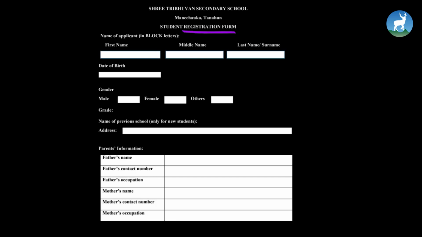Let's begin with the first part, and the first part is filling in the name of the applicant, and it should be done in block letters. Block letters means all the letters should be capital as it's shown here. Okay, here it's written first name. Let's write a first name of any of the students. Let's assume it's Roshan. So let's write